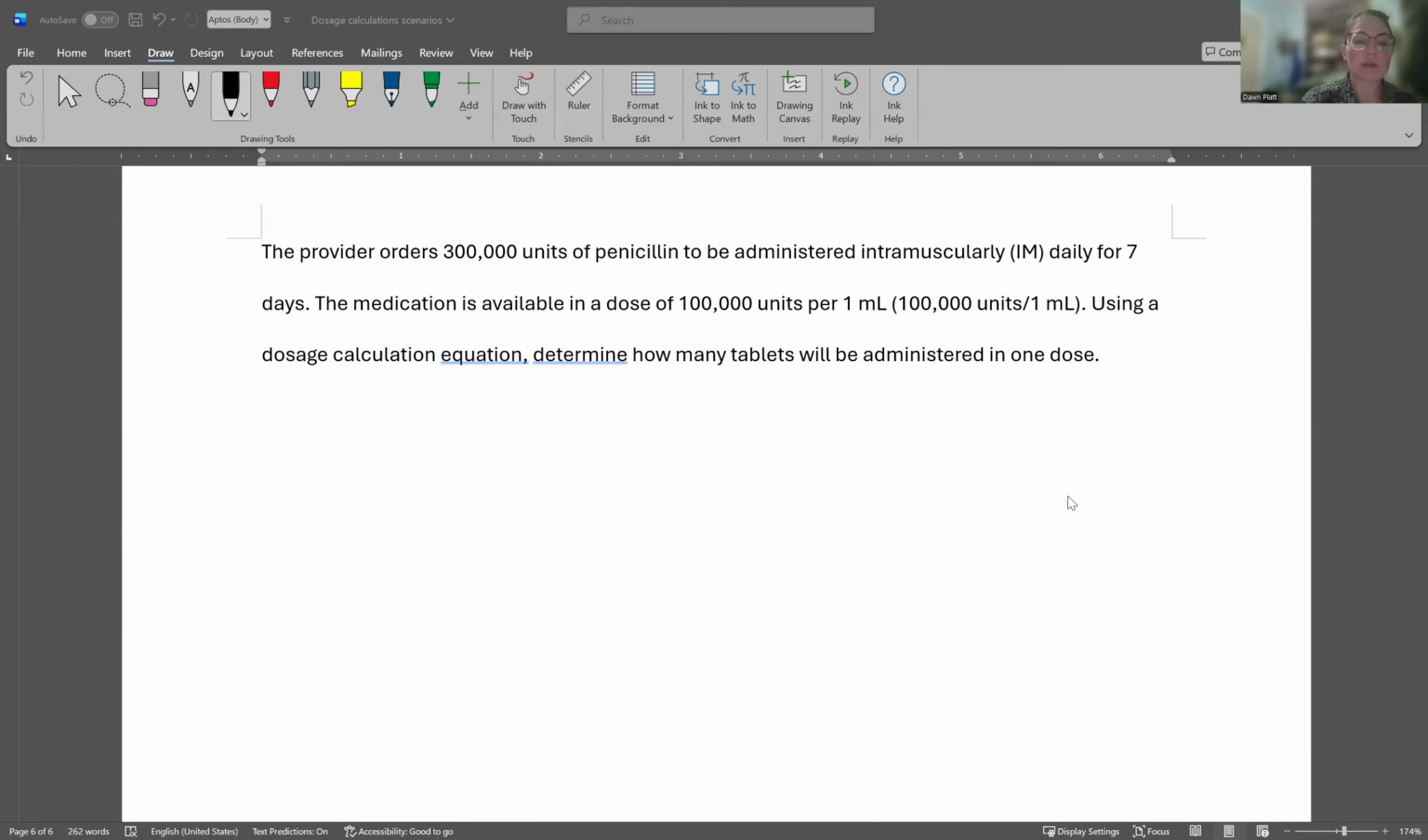and how much we're going to administer. So D equals X over V, or A equals D over H times Q. All right. There we go. The provider orders